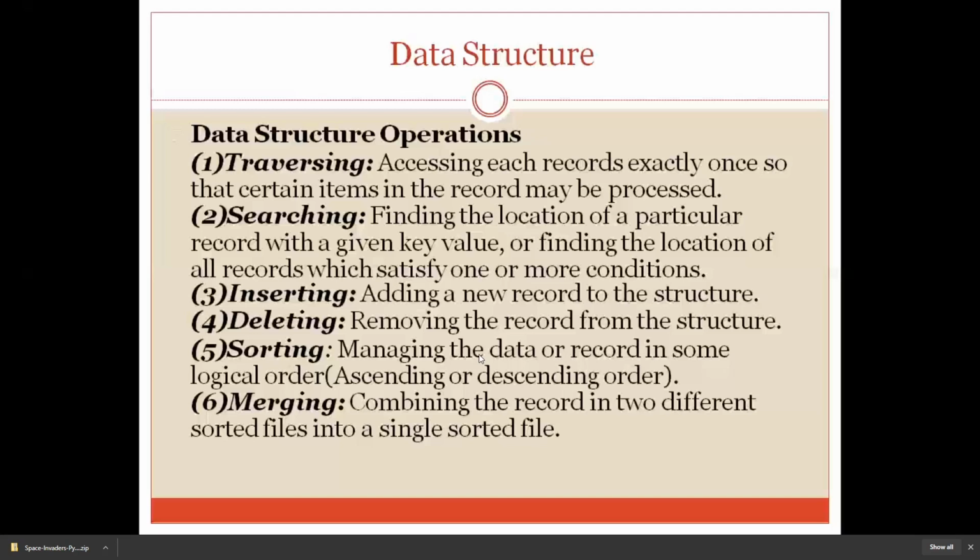Sorting, what is the meaning of sorting? Sorting gives you only two ways: you have to arrange all the data or records in a particular manner, either smallest to largest or the opposite, largest to smallest.